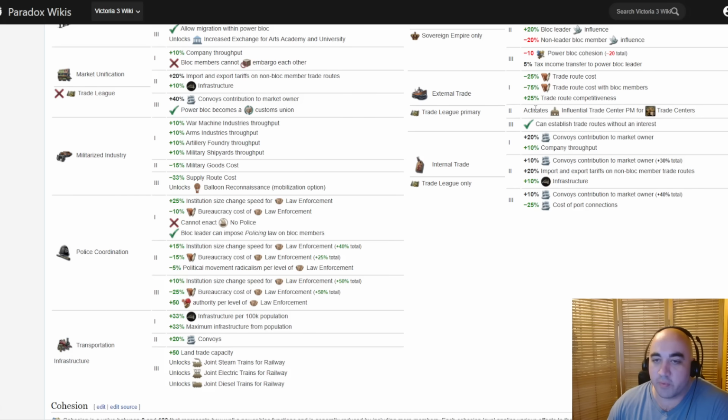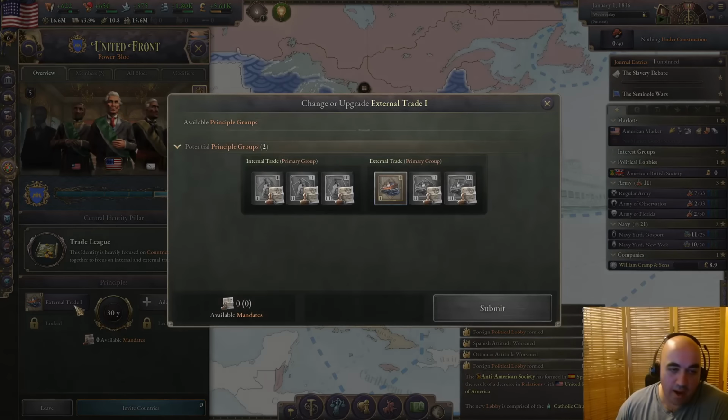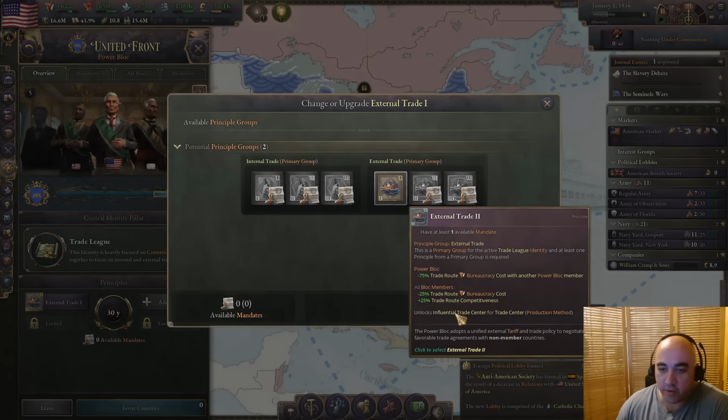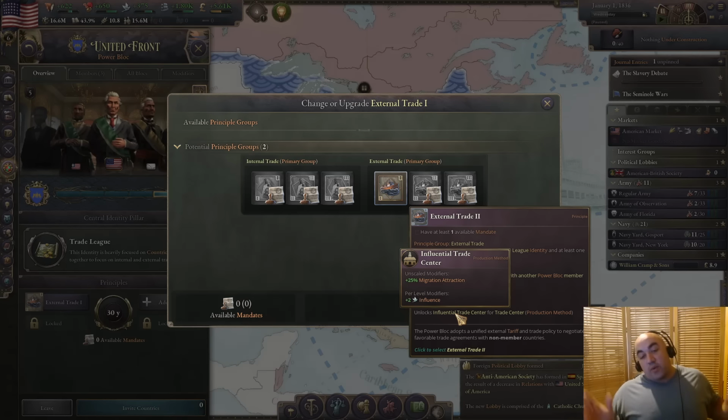Again, this isn't going to be really good, but the influential trade center, if we jump back into the game, we can take a look at exactly what that gives you. Influential trade center will give you, your trade centers will give you +2 influence and 25% migration attraction, which is fine enough, but the +2 influence is really the thing to write home about here, where you are going to be gaining